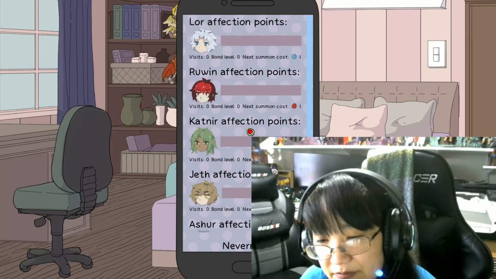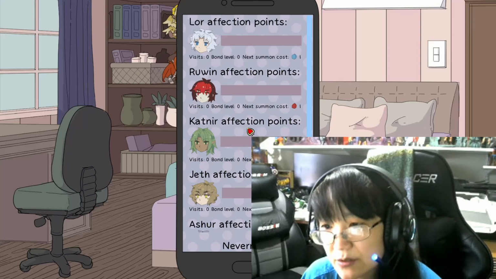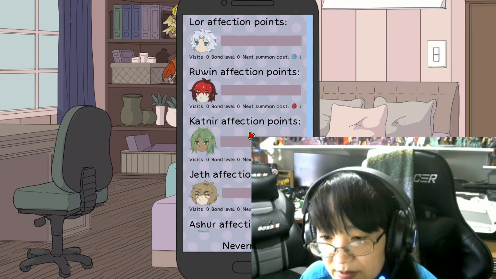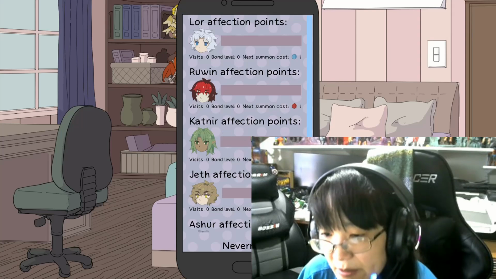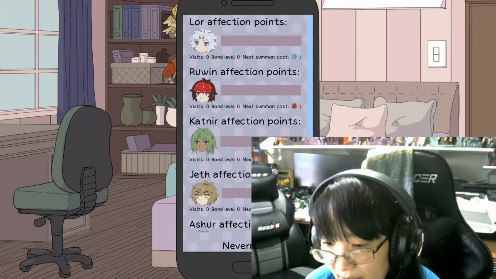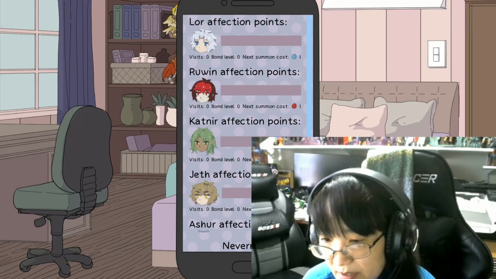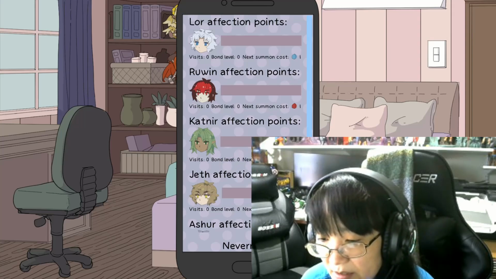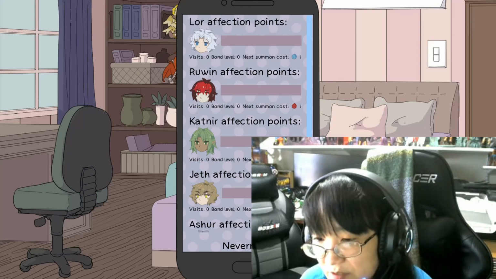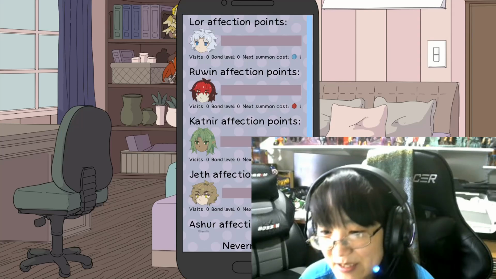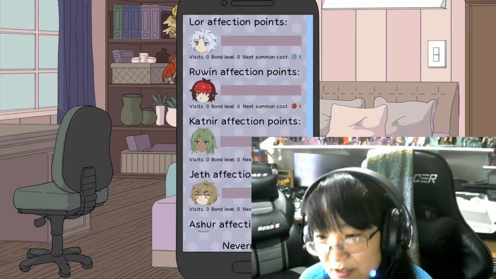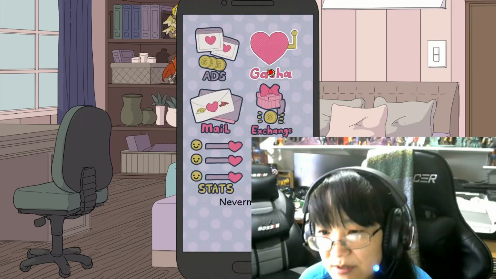Now, for maximizing your affection gain with your date, there is some reward for doing this, because again, if you maximize your affection gain, they will gain bond levels faster, they will unlock their story route faster, and you will have to do fewer summons, which means you'll have to play less of the little gacha game, the little ad clicker mini game. You won't have to do that as much. You'll have more days left in the calendar to explore the other possible